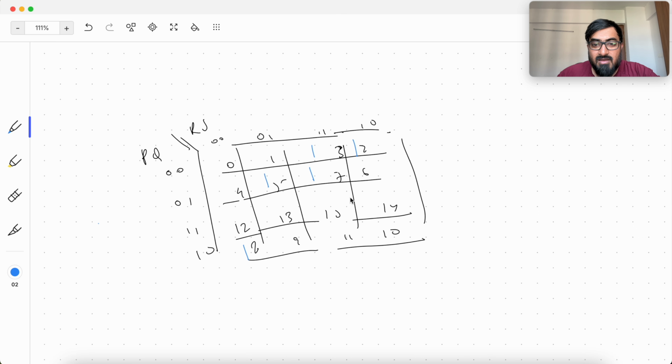10, 11, 12, 13, 15. Okay, so we can have one quad like this, the other by overlapping can be this, and one pair like this. So for this we can have,